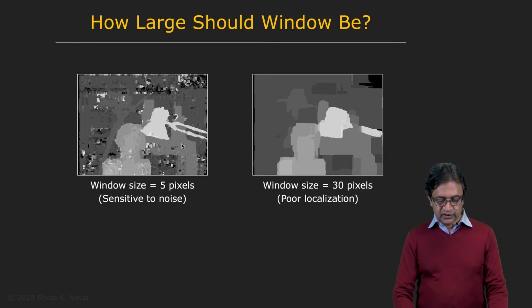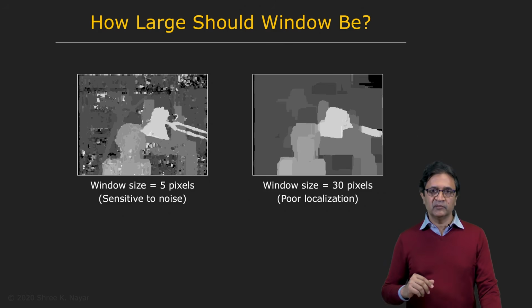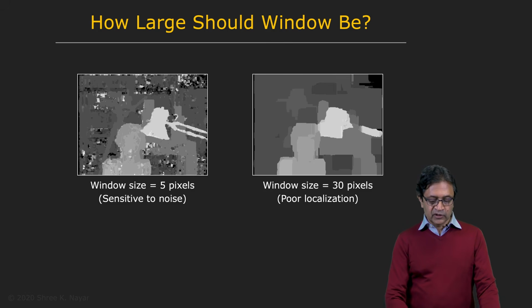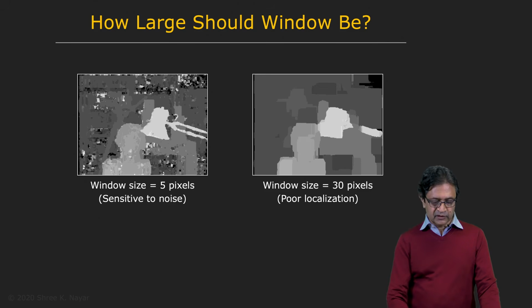Now let's take a look at a few results for the scene that we just saw, which is this scene right here. One of the key questions is, when you do this matching, irrespective of what similarity metric you're using, how large should the window be? If the window is really small, you're going to get good localization, but high sensitivity to noise. It's not that different from edge detection. The smaller and smaller the window, the less descriptive the pattern is, and so noise can actually throw off the matching quite a bit. So you see that this is a noisy disparity map.